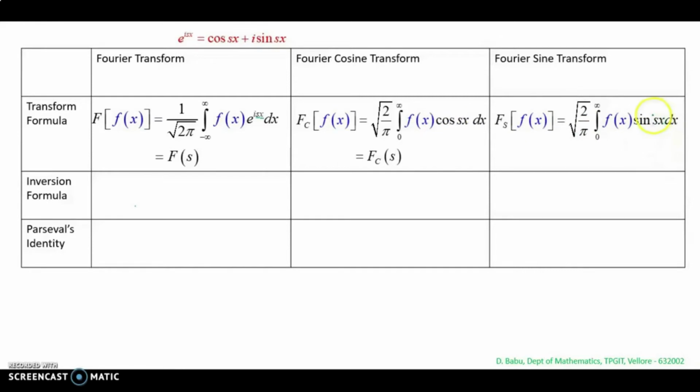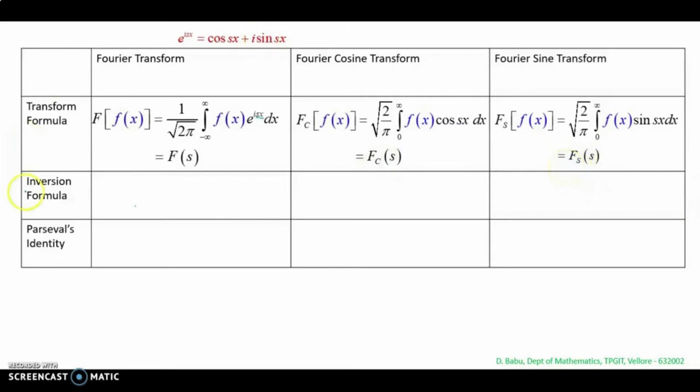So here also there are two variables, namely s and x, but we integrate with respect to x only. After integrating, we shall substitute the limit for x. So hence it is independent of x. Therefore, the value of the integration is a function of s only. So it is a sine transform, hence it is denoted by Fs of s. For cosine transform, it is denoted by Fc of s, where c represents cosine, and here capital S represents sine.